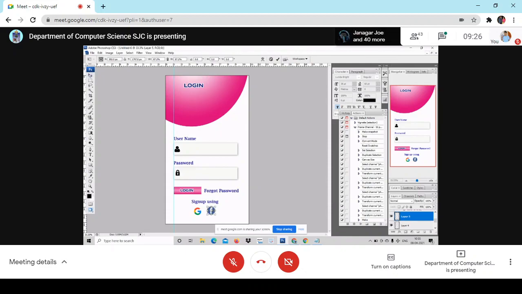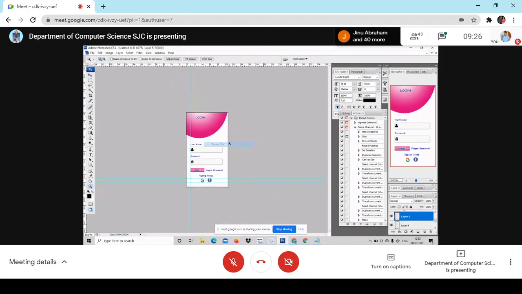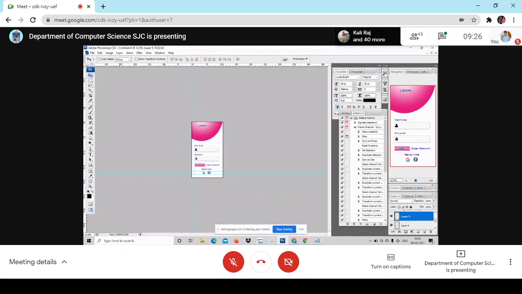Just always check it with grid lines, right? Look at here. Yeah. Am I clear? So now the simple user interface design for the mobile screen is ready. See, I've got it. Now you can even adjust it a little bit.